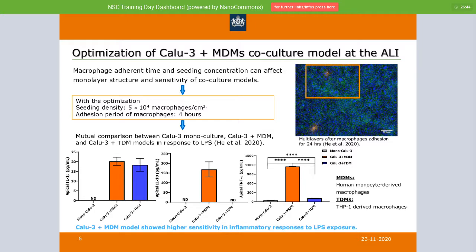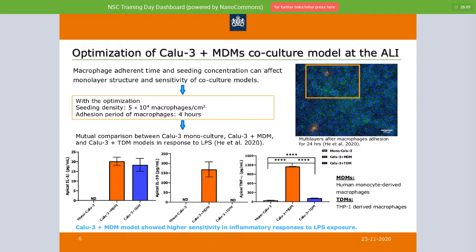But during our experiment, we found the macrophage adherence time and seeding concentration can affect the monolayer structure and sensitivity of co-culture models. In our experiment, we tried different time points and seeding densities for macrophage adhesion. We found a long-term period, for example, 24 hours, with medium on top of the monolayers, can affect its structure. So to avoid this negative effect on the monolayer, a short adhesion period, for example, 4 hours, should be